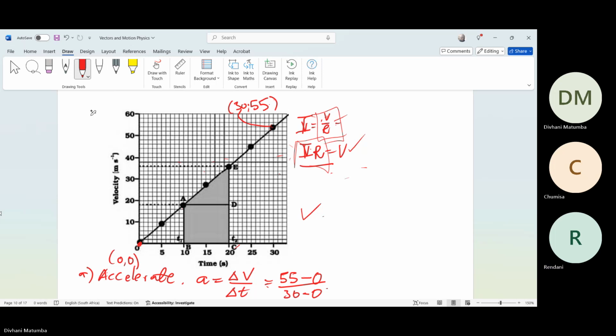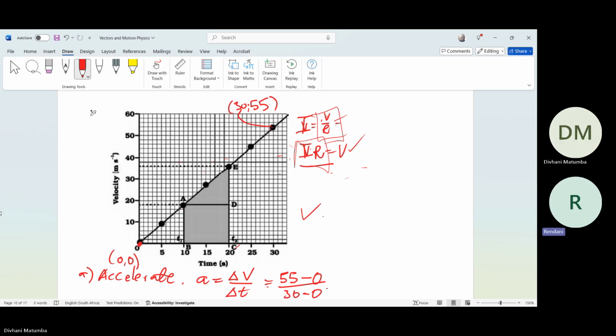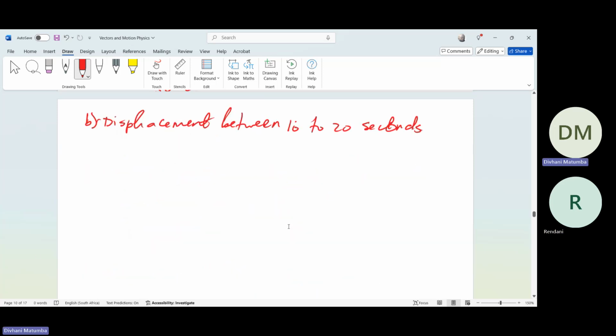Okay, wait. What I did was confusing. What did you do? So, let me see. The displacement, right? Yes. I started by calculating the area under the graph between 10 and 20 seconds, right? Yes. And there's a trapezium. I said area is equal to,